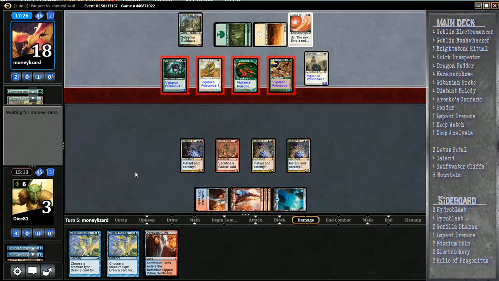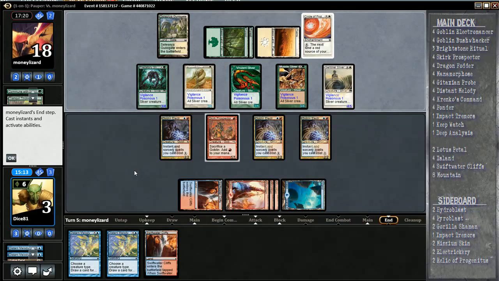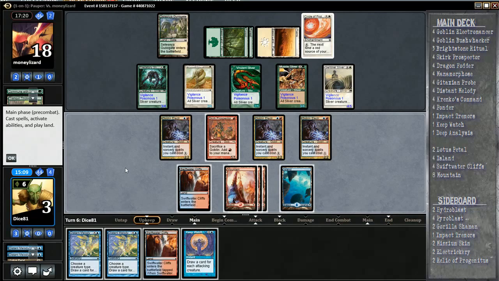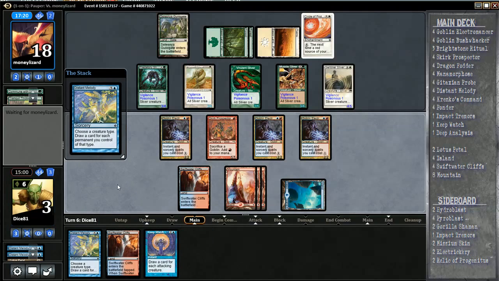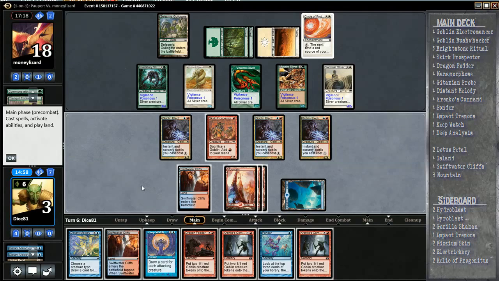And Slivers should be a seriously good matchup for me, because they have no interaction at all. Maybe a Journey to Nowhere, but not all lists even run Journey to Nowhere. Where were you last turn? Okay, start by Distant Melody. For Goblin again. Alright,